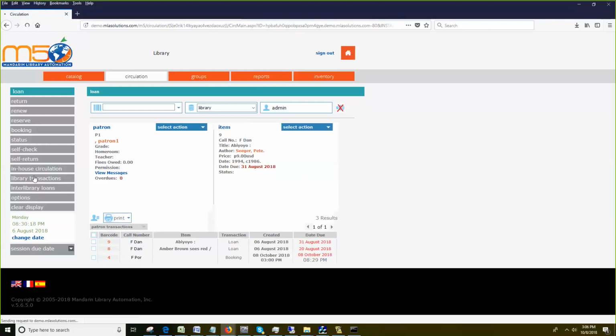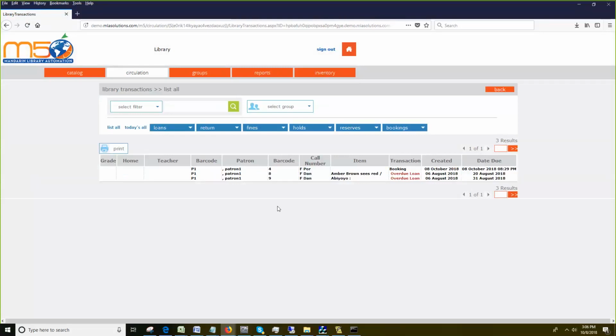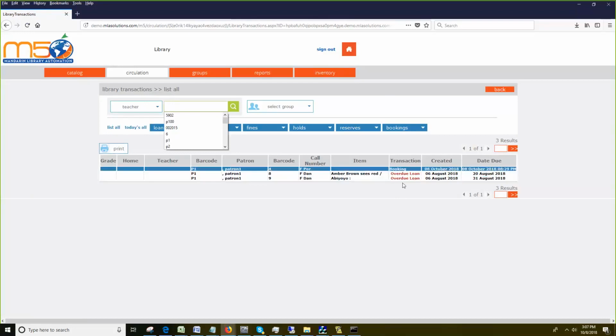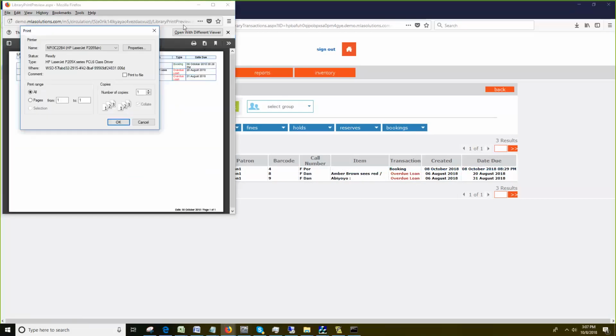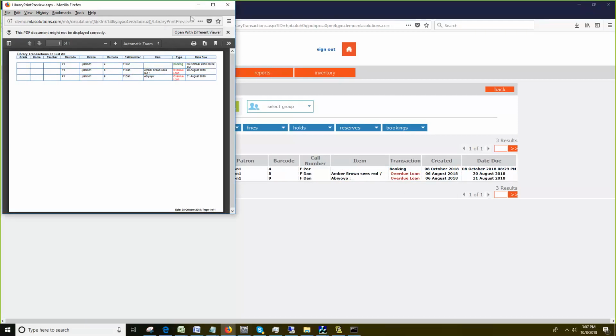So now let's go to library transactions. Library transactions is useful in a lot of ways. For example, you can create all kinds of different reports in this library transactions area. Let's say a teacher came to you and said they wanted to see all the books that are currently checked out for their class. Well, one thing you should know is when you go to library transactions, the only transactions you're going to see here are items that are currently checked out. If an item is not checked out, it will not show here. So to see items checked out for that teacher, you can go here, filter by the teacher, put the teacher's name in, and then you will get only the items that are out for that teacher, and then you can go here and click print,